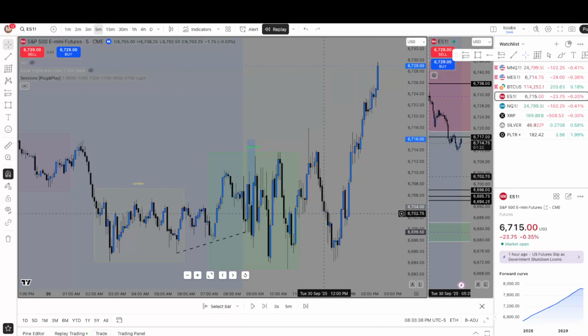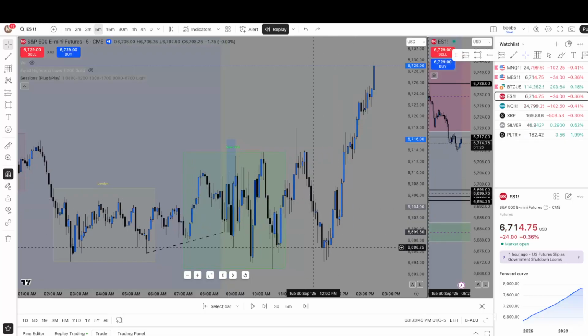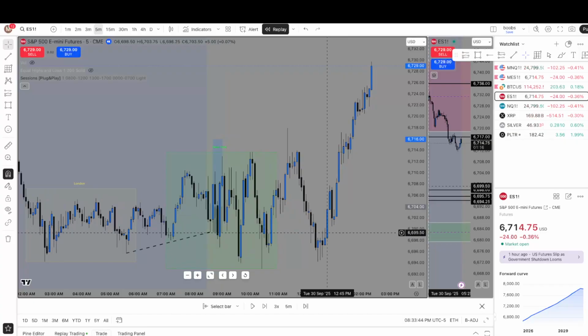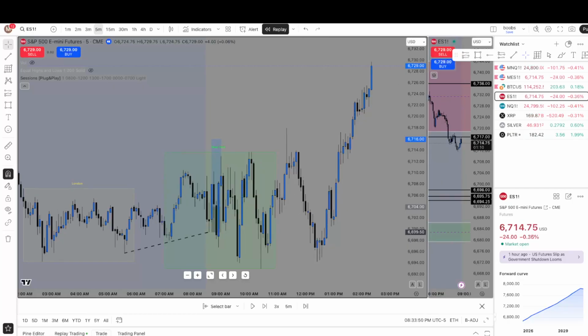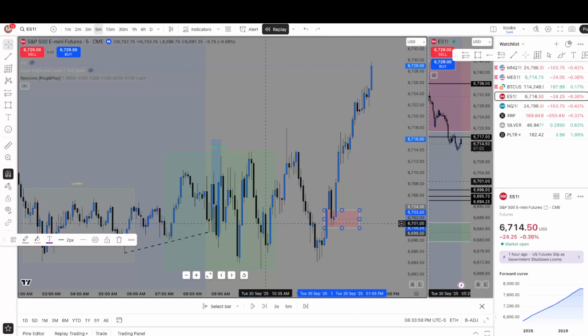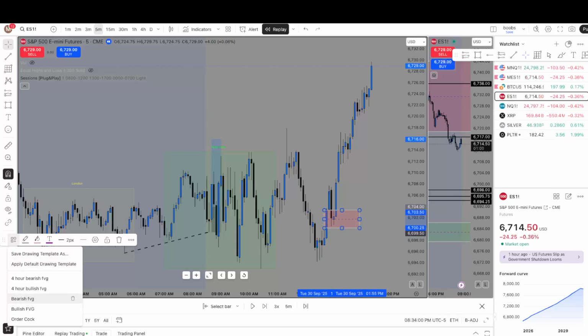The PM session move apparently is crazy. That's ridiculous. We swept out lows right here and immediately got a 5 minute break, 5 minute retrace. I bet there was a PM session trade you could have taken. Hold on, what do we see? We see the liquidity sweep right there. We see the 5 minute break. We get a 5 minute bullish imbalance and then a 5 minute retracement. I bet you get a setup right here.